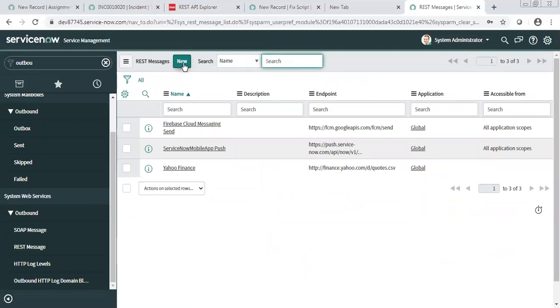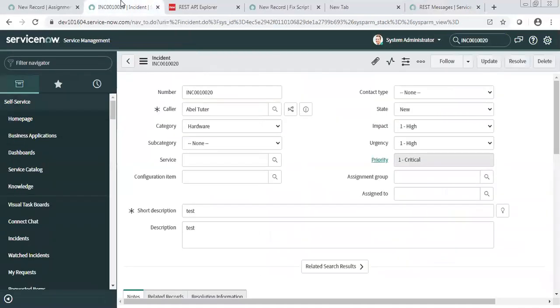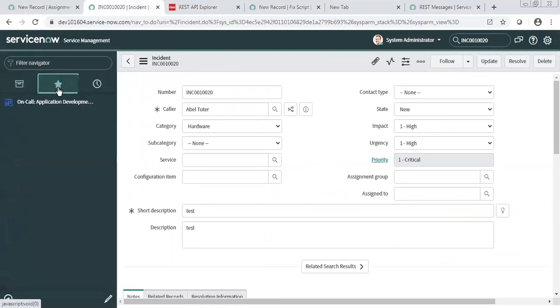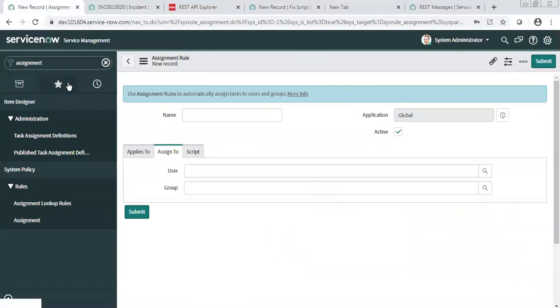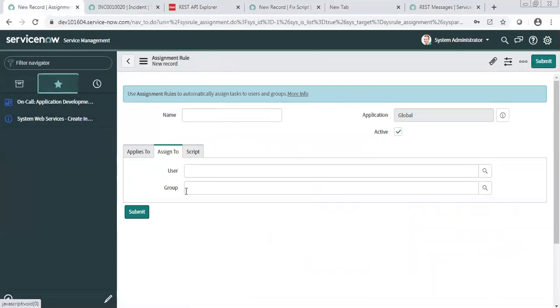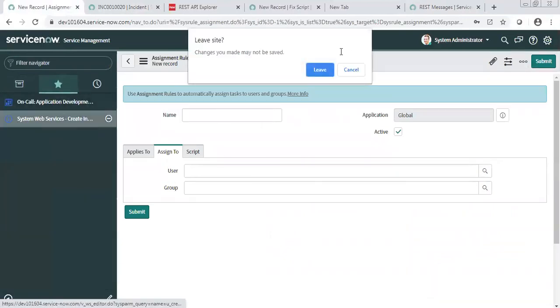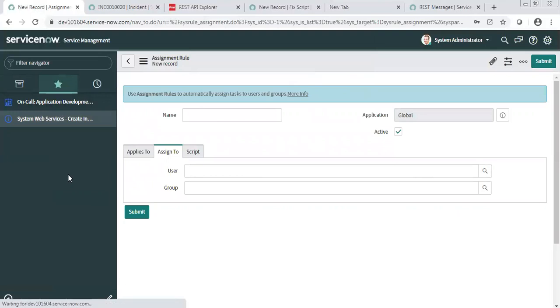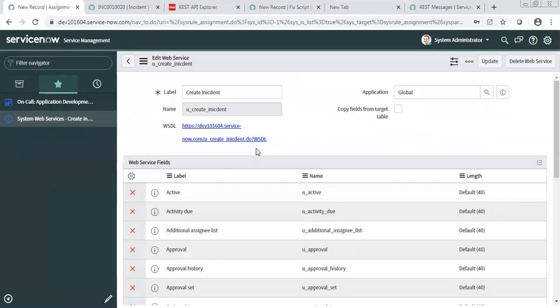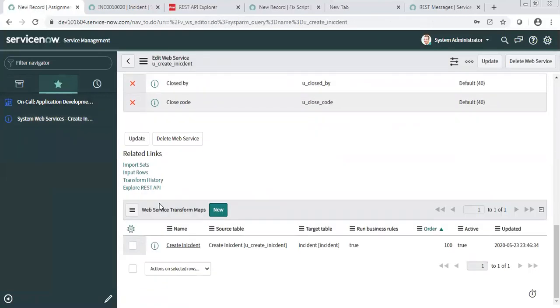For inbound, we did not have a choice of REST or SOAP. Inbound basically it is both. If you want to use REST, then it will be. If I show you the previous inbound we created, see, we used REST.